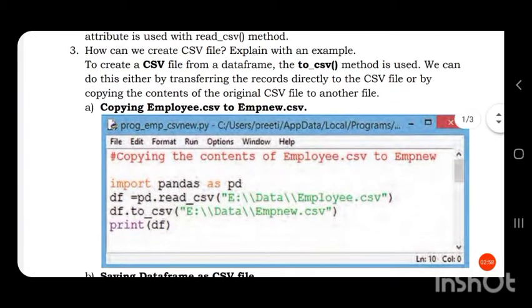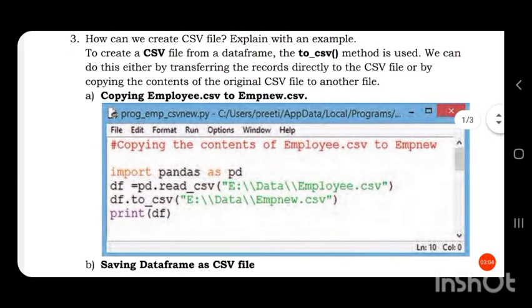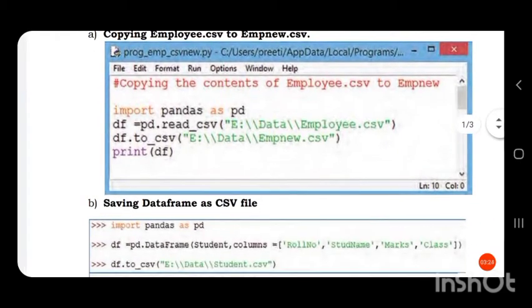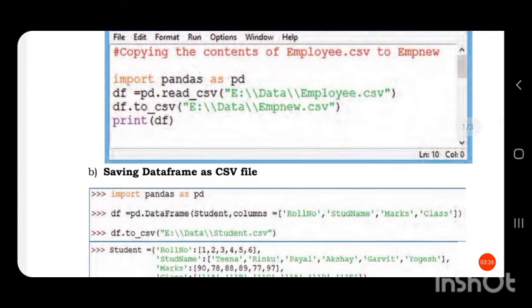So in two methods we can create a CSV file. First, by copying the contents of one CSV file, creating a new CSV file and pasting the content there, or second, by saving the data frame as a CSV file.